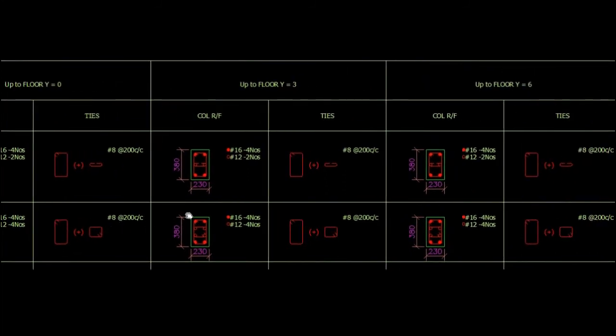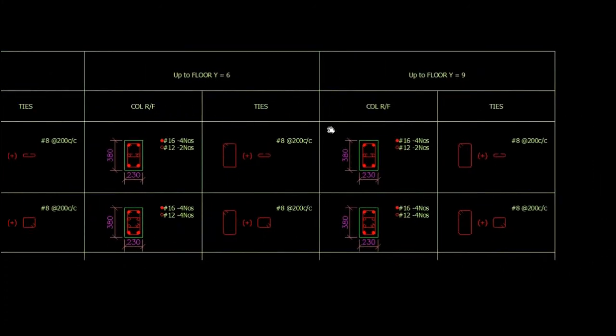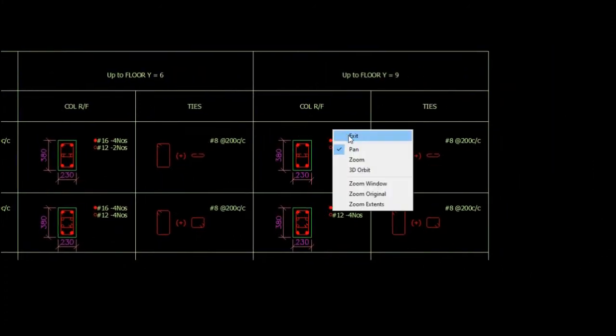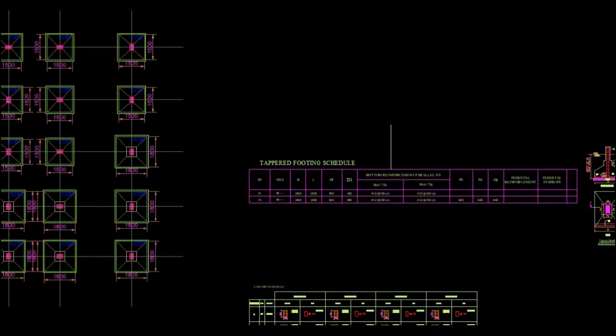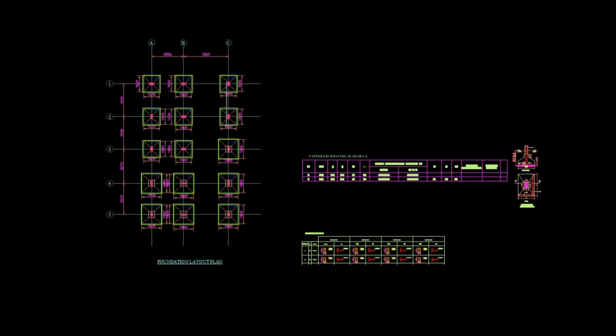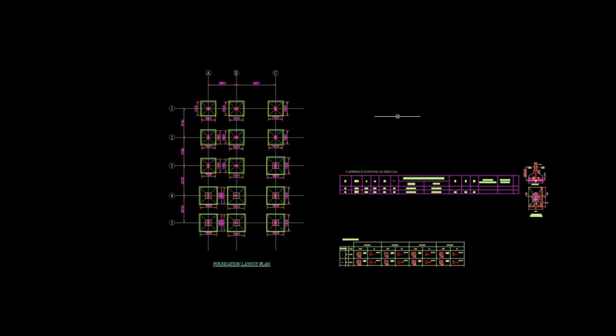It will show for all the floors up to 0 meter, 3 meter, 6 meter and 9 meter, that is terrace level. Drawing will be drawn to true scale. Here if you want any modifications, you can do the changes.